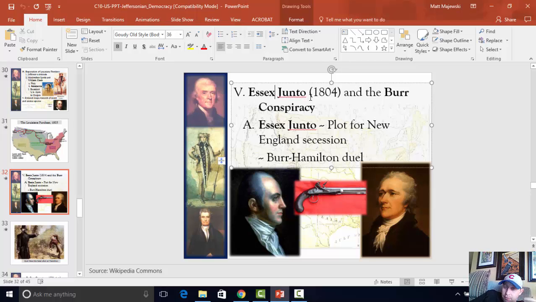They knew they needed some sort of prominent Federalist to lead their country if it was going to succeed, if they were going to rebel. And so they went to Hamilton, and Hamilton was kind of like, no, but he didn't say anything about it to anybody else. He knew that they were planning the secession. He didn't want to be the president of this new country if they did indeed secede, but he didn't alert the government or anybody else that there was this treasonous plot going on.